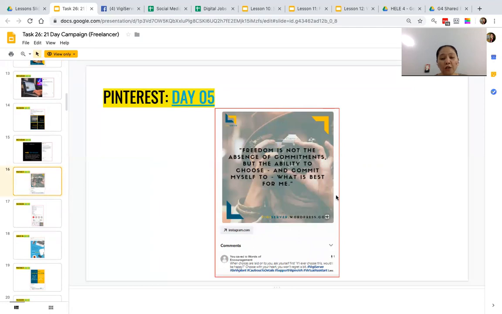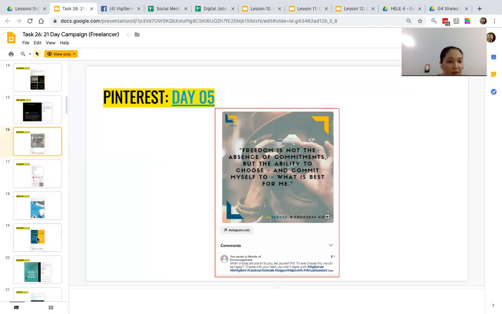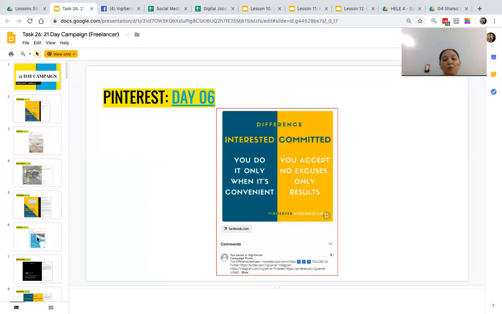Your picture of the images that are being done using Canva should be consistent with your branding. Your website should be there, your Strikingly website. Email should be there as well, it's better. Make sure that your posts from day 1 to 21 have different posts from different social media